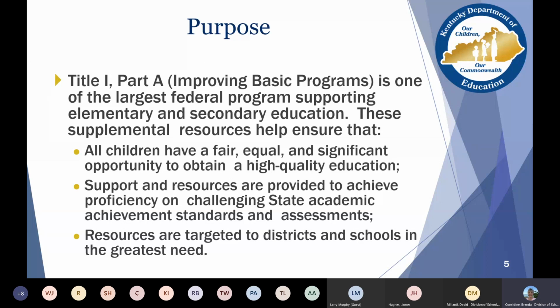It also has support and resources that are provided to achieve proficiency on challenging academic achievement standards and assessments at the state level. So years ago with No Child Left Behind, it was utilized to equalize that playing field for our state assessments, and so that all students could reach proficiency.